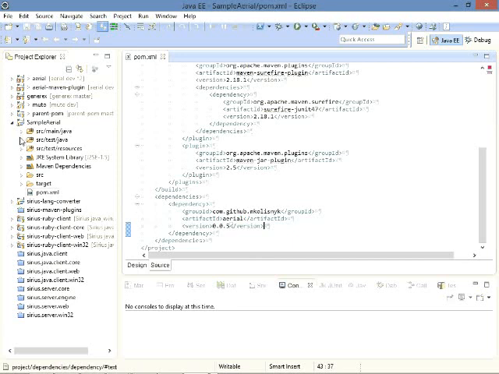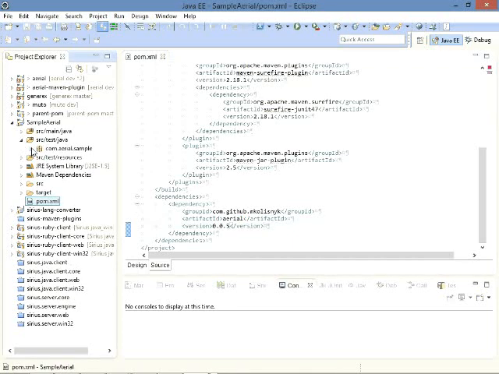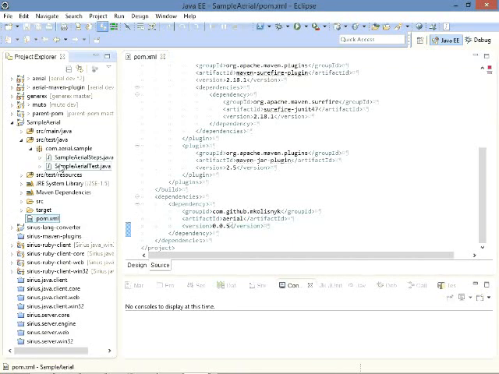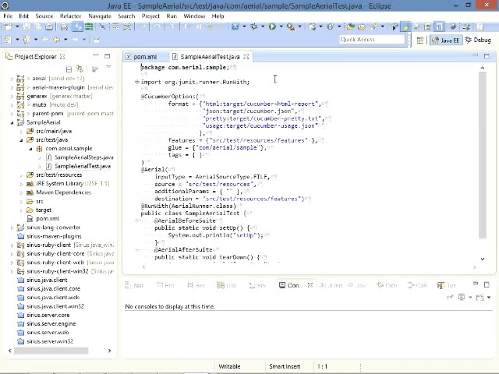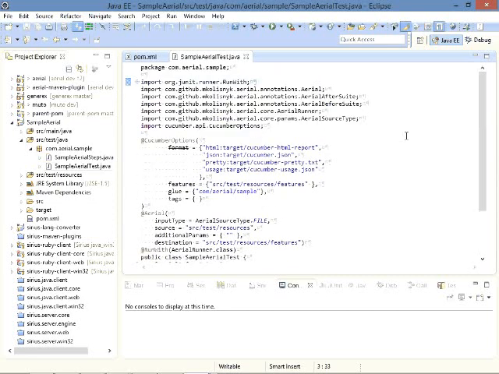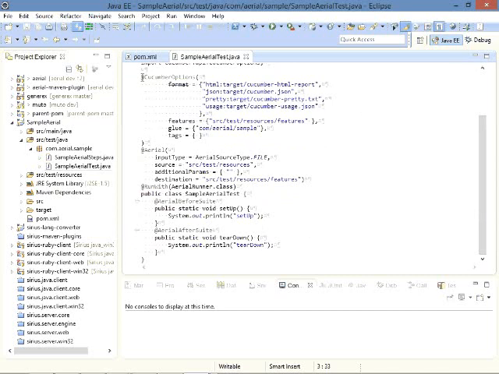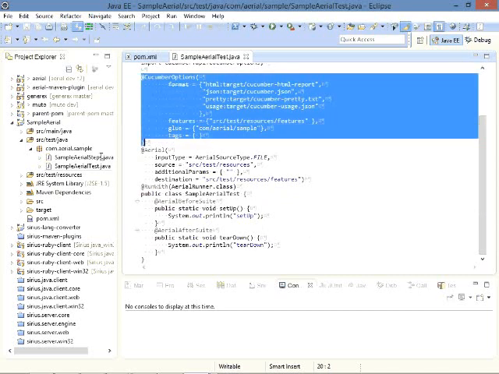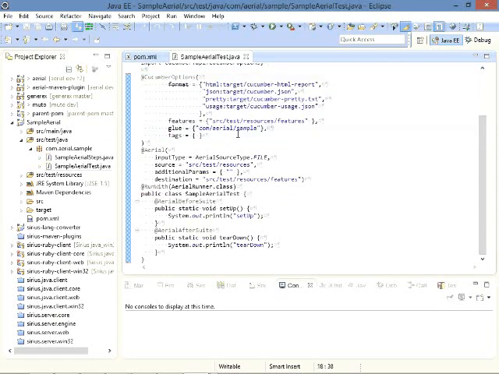Another artifact is test classes. First of all, we have the sample Aerial test. As I mentioned before, the artifact ID is used in the name of the class, so this is the case where it happens. This is the test class. It contains the basic Cucumber annotation, which takes glue code from com.aerial.sample, which is the steps folder,